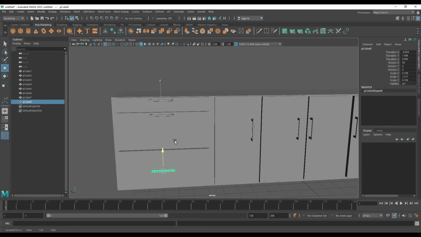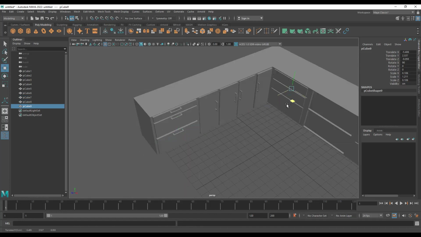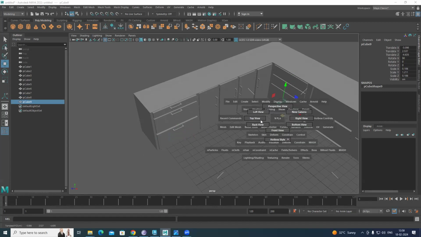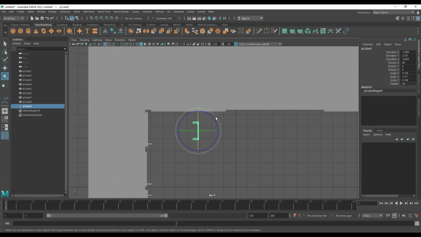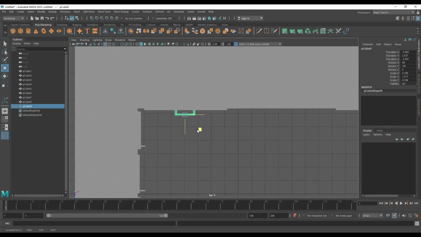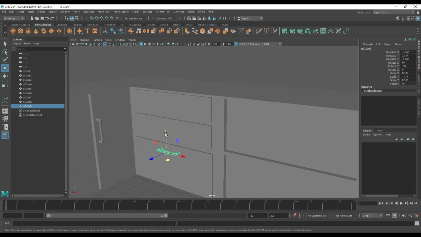Control D, Control D. That's it. For this, shift right click, so spacebar right click top view. E for rotation, hold J and rotate so that it will snap when you rotate. So no need to type over here for 90 degree. So place it, perspective, Control D,